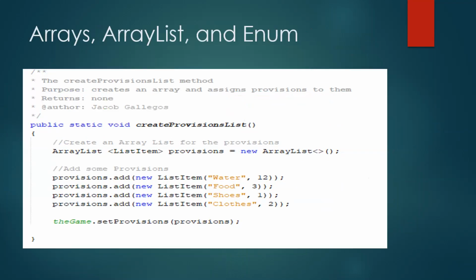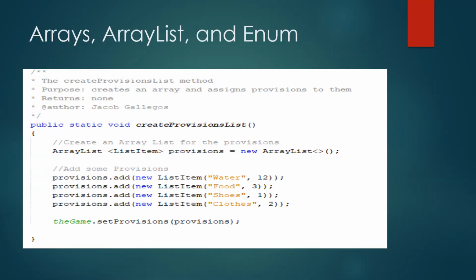Now we're going to talk about the difference between array, array list, and enums and when to use them. An array is used when you have a fixed set of data that you can manipulate. You want to use this when you have a set list that you want to be able to change, like numbers, or maybe a set of provisions